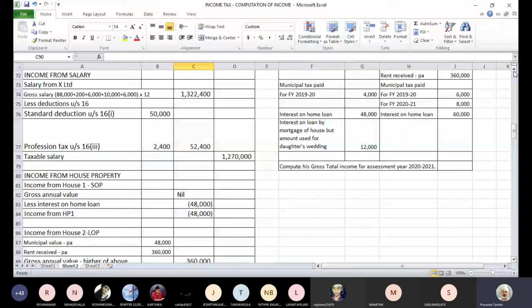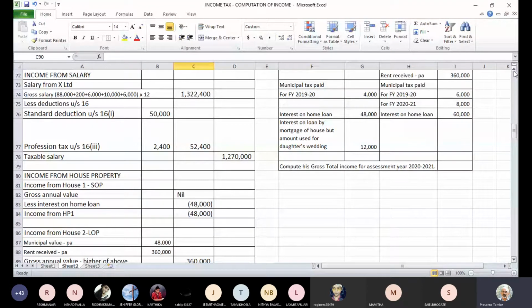Yes, anyone? Okay, let's go back to the wordings of the relevant provisions. It says that municipal taxes should be paid during the year and it should be borne by the assessee. These are the two conditions laid down by the law for deduction of municipal taxes. Now, when it says municipal taxes paid during the previous year, it doesn't say that the municipal taxes should be for the previous year. It only says payment should be made in the previous year. In other words, the payment can relate to an earlier year if it was outstanding, or it could be for the current year, which you are paying in the current year itself, or it could be advance payment for next year also, which is actually made in the current year.